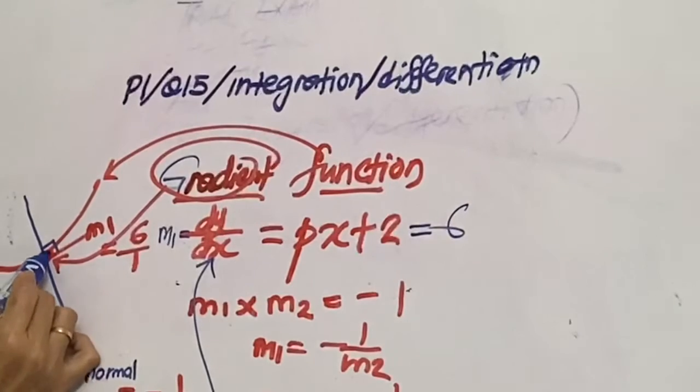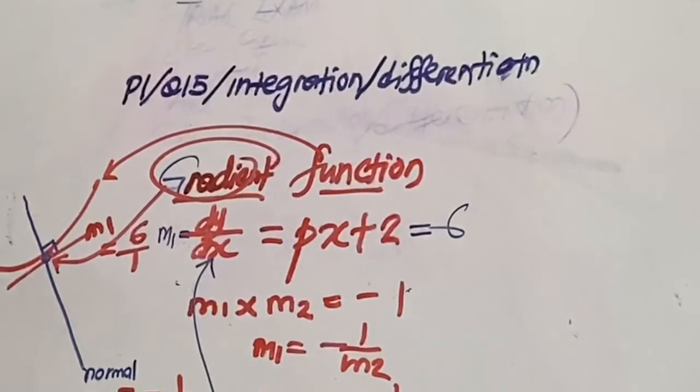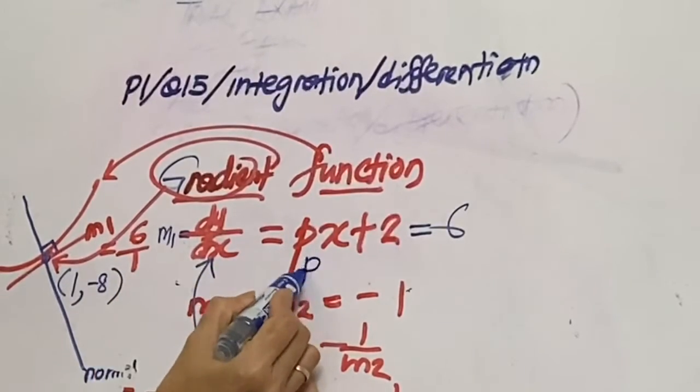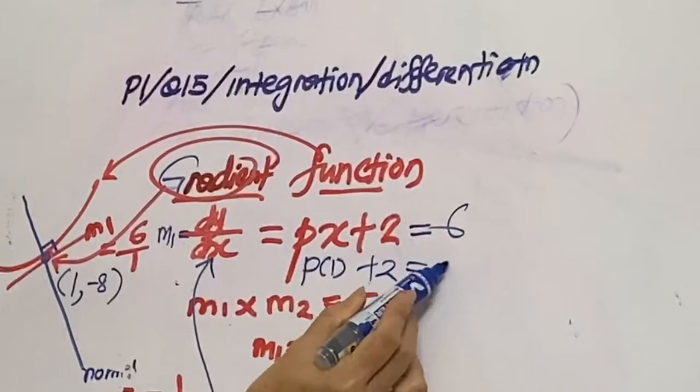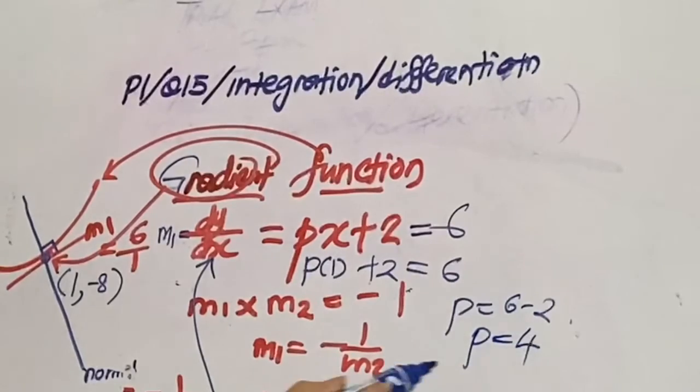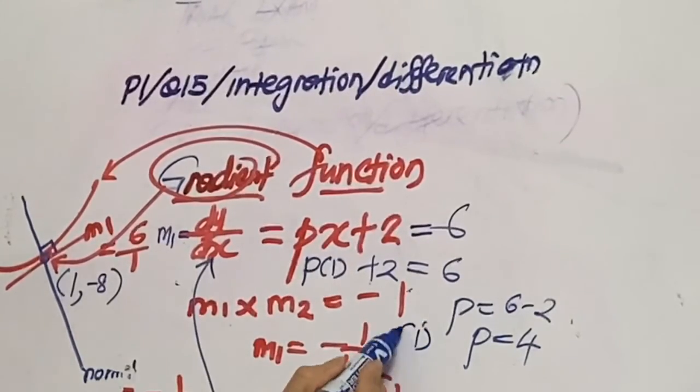So at this point, they sure will give you the x. They must be at a point dy dx. So the point given is 1. We just focus on the x. You want to use the y later on when you want to find c. So we use an x, substitute here. We can solve the p, right? p times 1 plus 2 equal to 6. p is 6 minus 2. So p is 4. So p is a constant. Value of the p is 4. All right. That is number 1. For number 2,